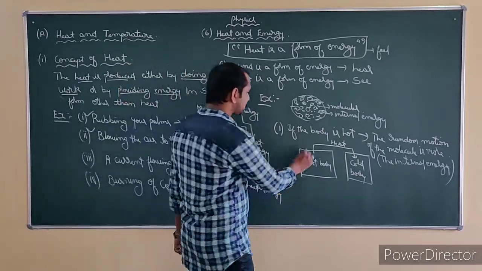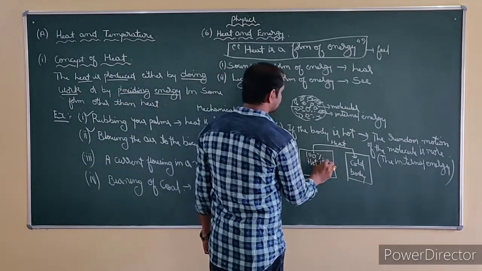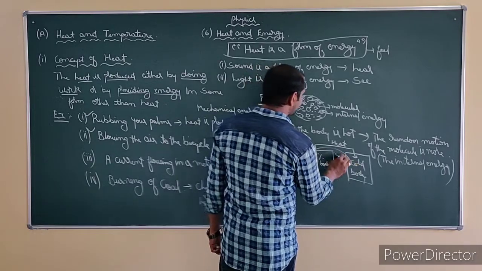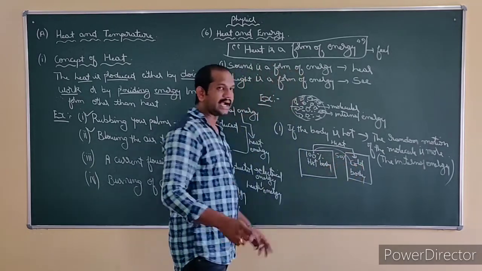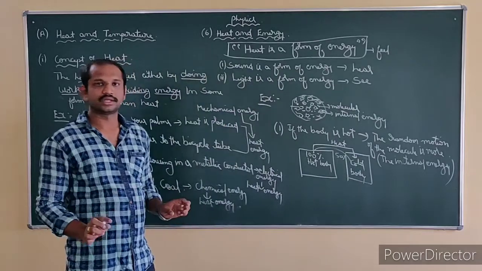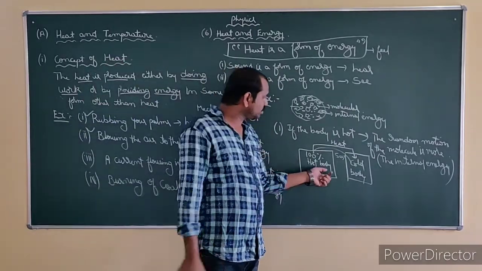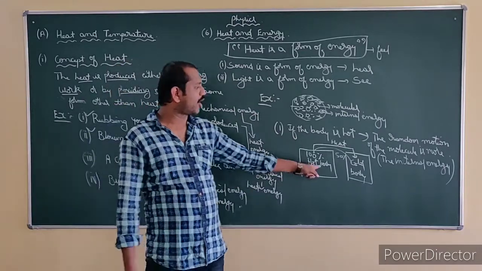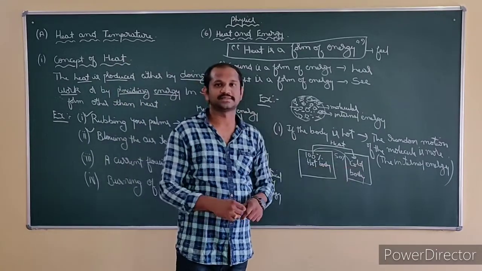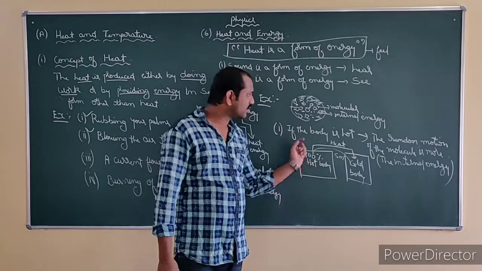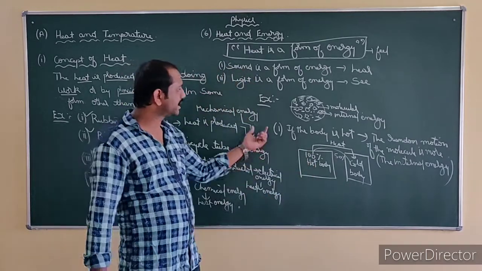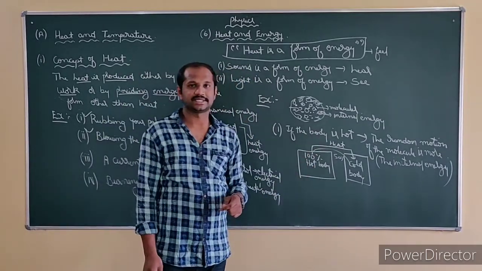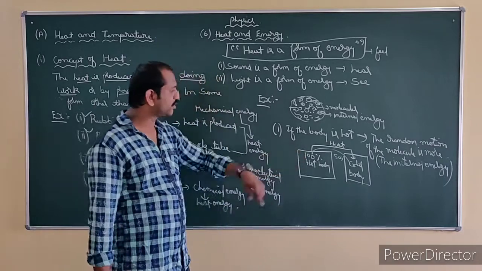Right? Understand? For example, this is 100% hot. What happens? It transfers 50% heat to this until both have become equal. For example, when you take two cold bodies, there will be no exchange of what we mean by hotness between the two things. Understand? So this is the concept of what we mean by the passing of heat energy.